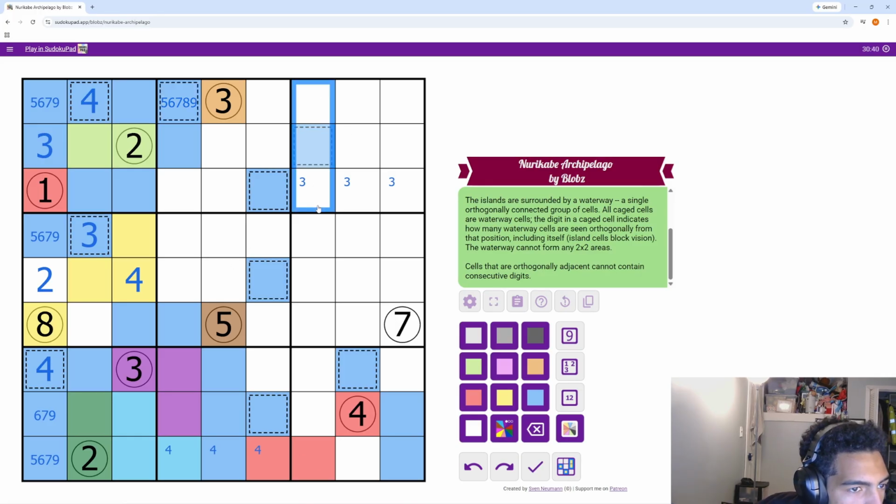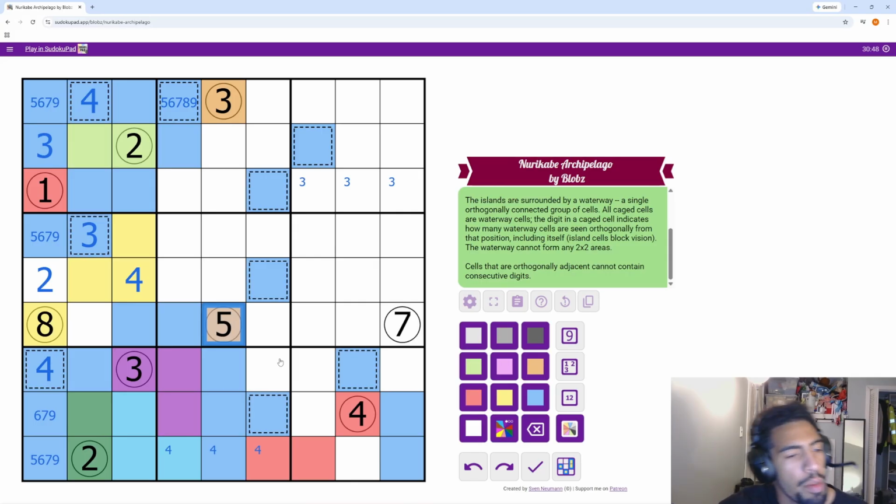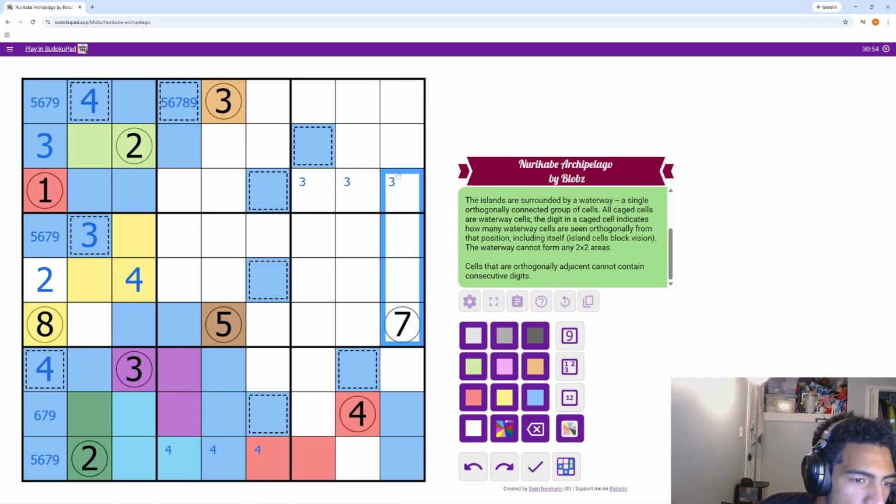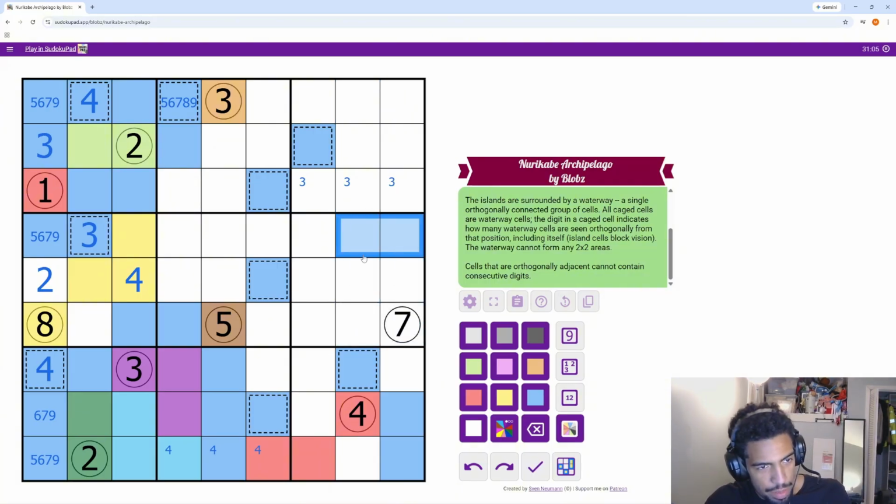Let me think about this box, right? Or am I thinking about the 5? Am I thinking about the 5 and am I thinking about... Well, I know surely the 7 has to go upwards. There's no way the 7, like, let's say I made a wall, right? And 7 didn't go up into these. 7 was like some congregation of these digits or something. Then this would all be water. So the 7,